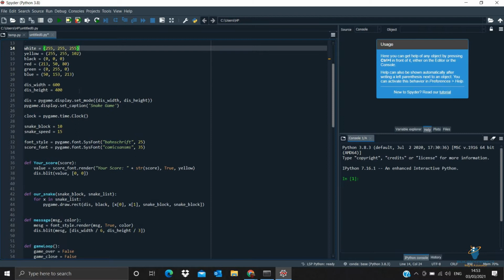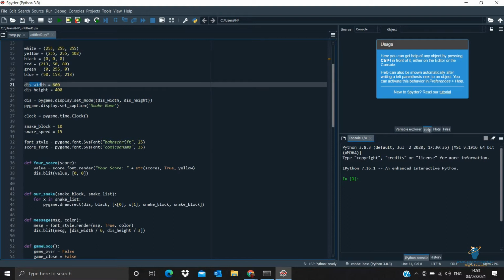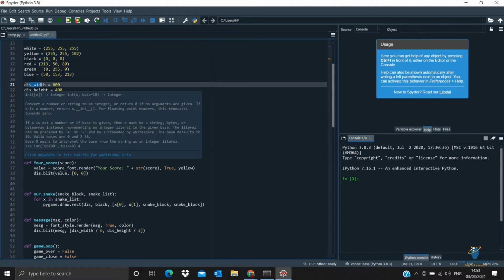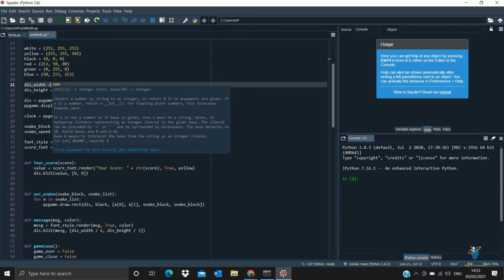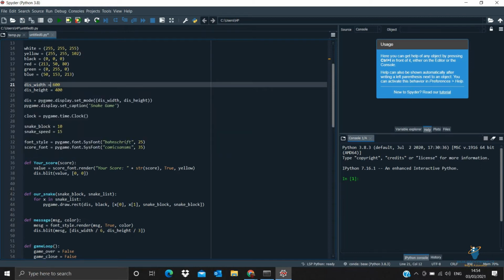When you run this code, a new screen will pop up, so you need a resolution size for that display frame. We create a new variable, display width, which is 600 pixels, and the height is 400 pixels.